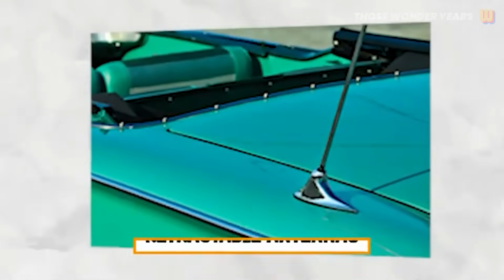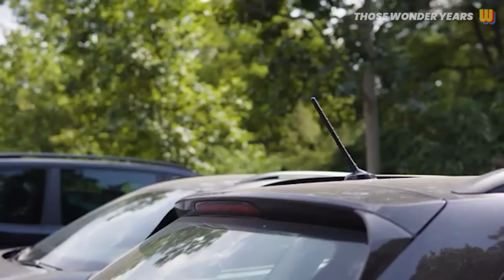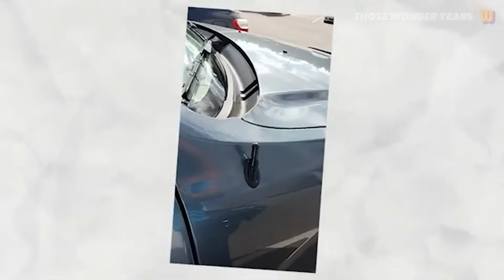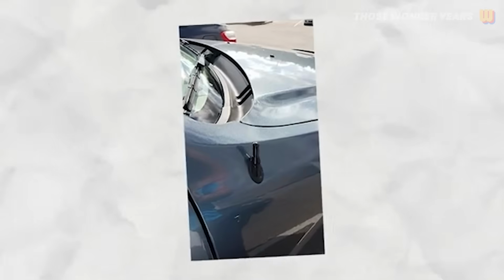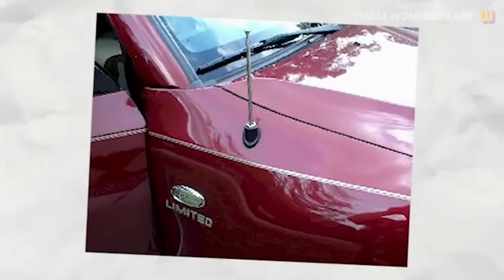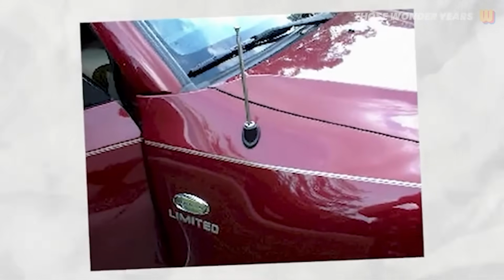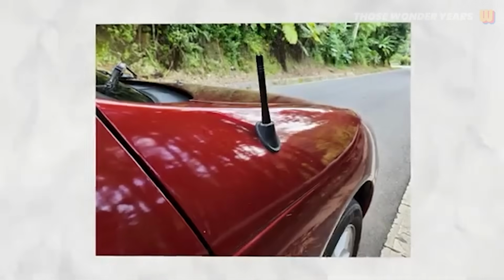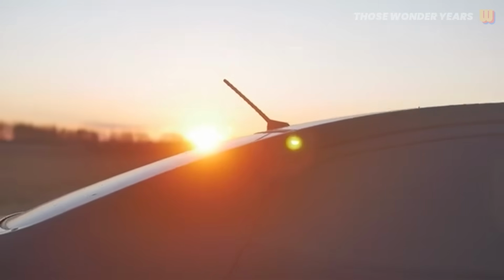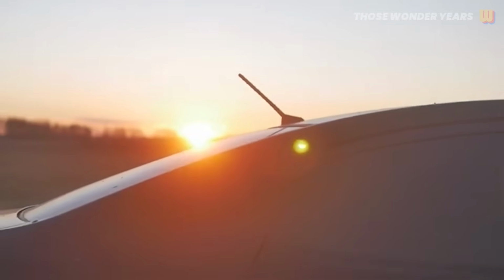Retractable antennas. There was something undeniably cool about watching your car's antenna rise and retract at the push of a button. Retractable antennas were a small but sophisticated touch that added a sense of luxury to 1980s vehicles. Found in cars like the Toyota Supra and Mercedes-Benz models, they were a feature that combined practicality with style. These antennas weren't just for show, they served a functional purpose, improving radio reception without permanently protruding from the car's